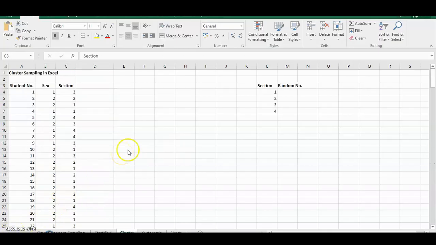Now let's have cluster sampling in Excel. Again, we will be using the same dataset, but now let's consider section to be our grouping variable containing clusters 1 to 4, assuming that the sectioning is heterogeneous. We must take note that each section contains at least 40 students. So our goal now is to randomly select a cluster or randomly select a section, then get all students belonging